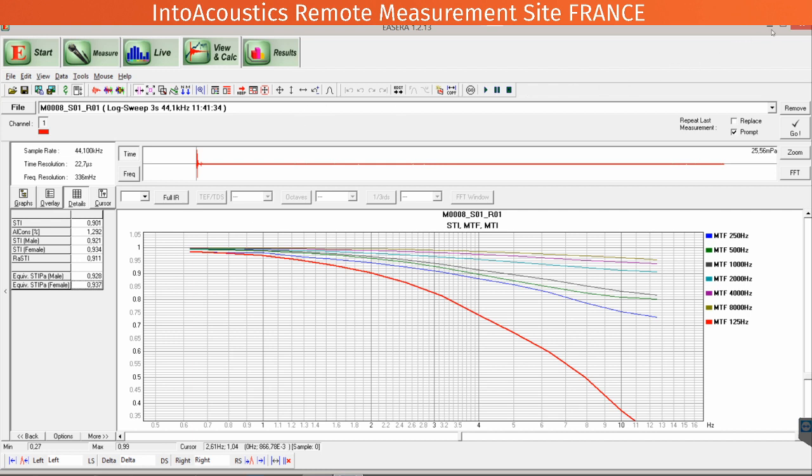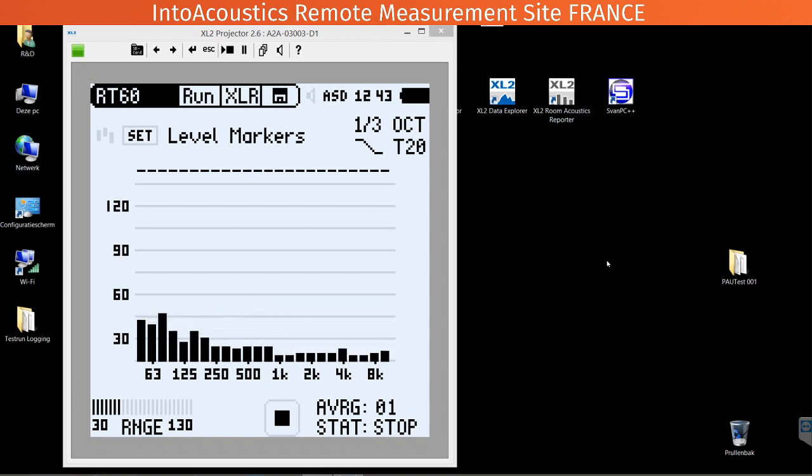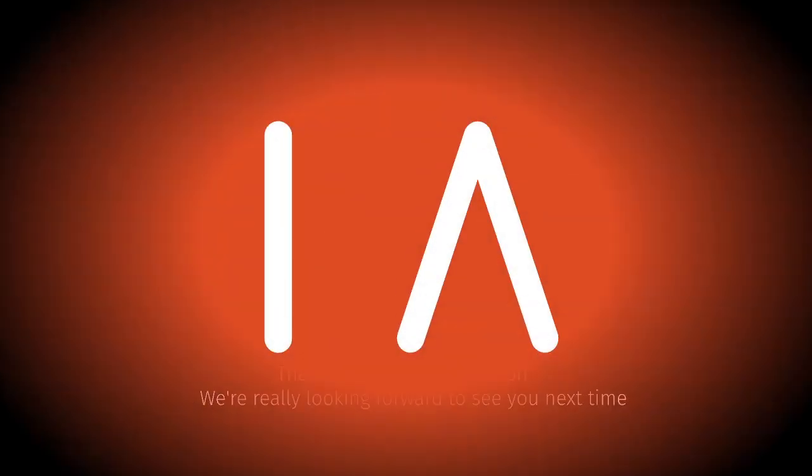So all in all, even transfer these data to the office. So all in all, this is all looking great as far as the remote site control aspects are concerned. After finishing the measurements, we can then go on and take these results home, and from there, yeah, end up